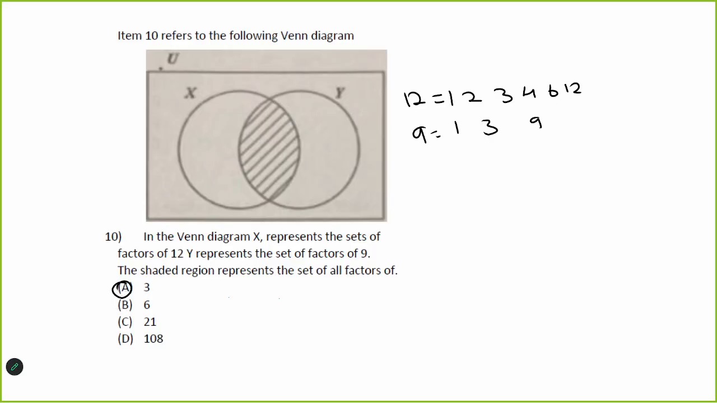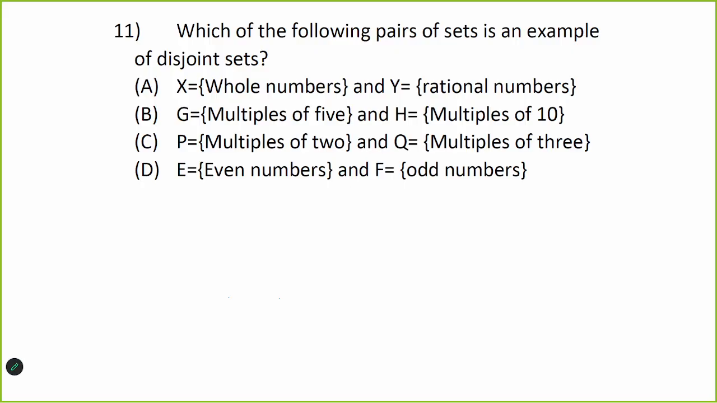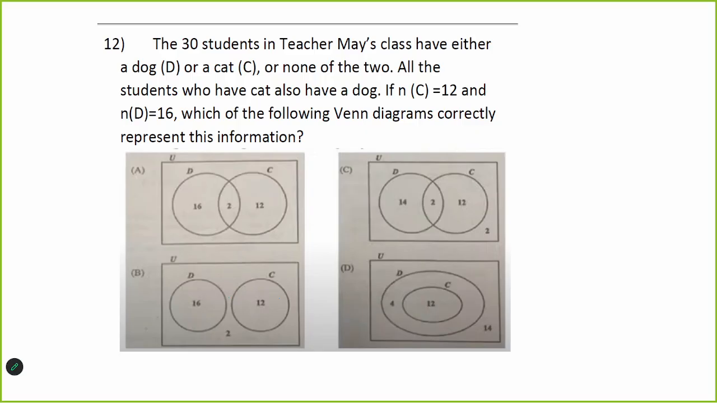Yes, ma'am. Alright, number 11. Which of the following sets is an example of a disjoint set? Meaning they have nothing in common. And we did something similar to this, where they give a graph, it would be even and odd. Even and odd have nothing in common. 30 students in teacher's maze class have either dogs or cats or none of both. So they can't be intersecting. So through process of elimination,